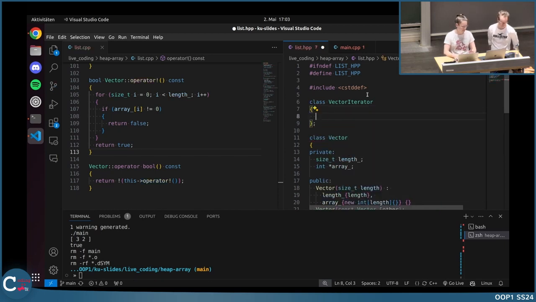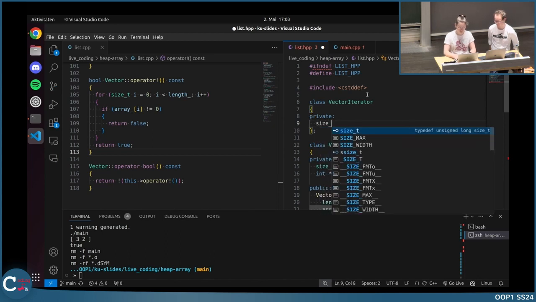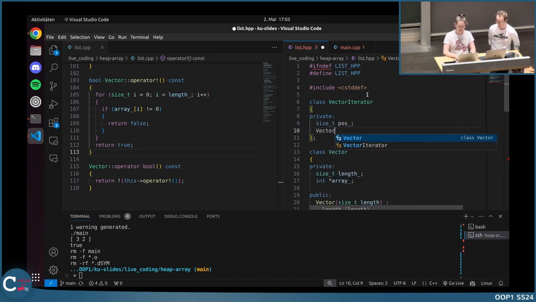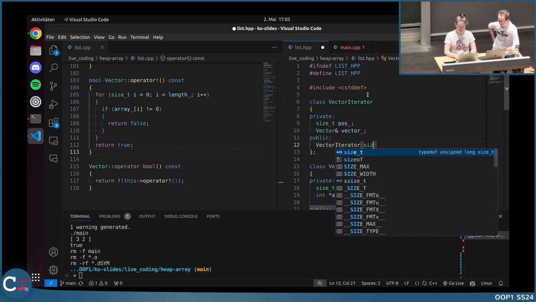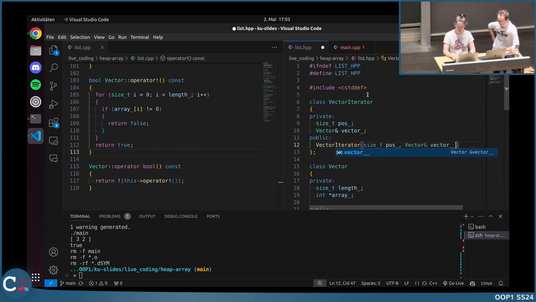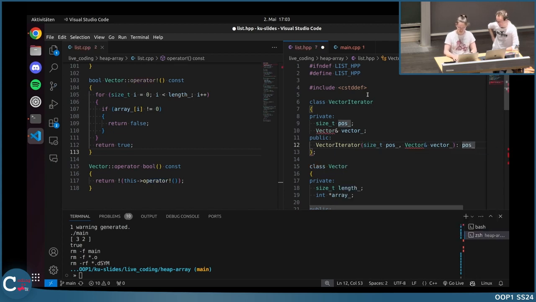I'll create this class vector iterator. And then as private members, we want the position, and also a reference to the vector we are iterating over. And then, which operators do we need to override? Let's first implement the constructor. So we take the position, a reference to the vector. I don't know why I named it like this, but